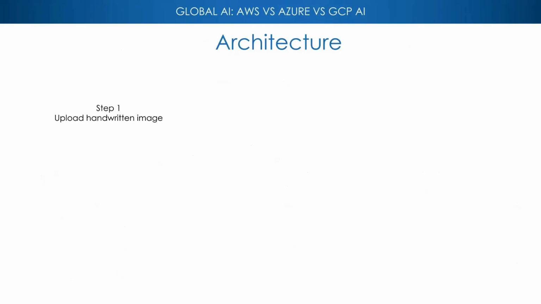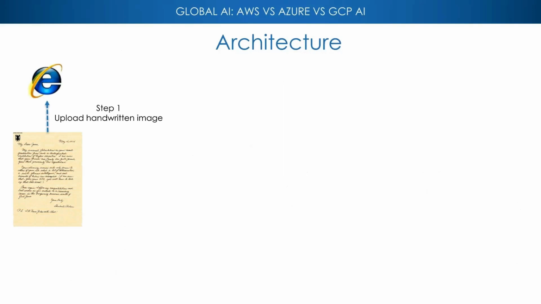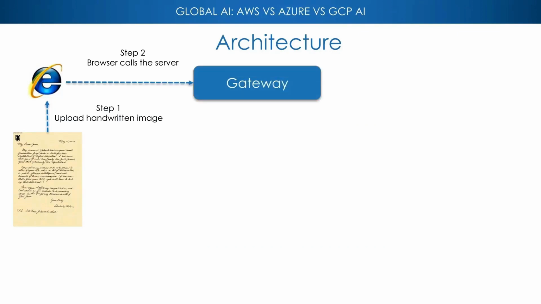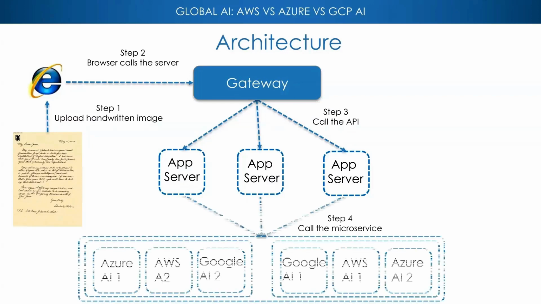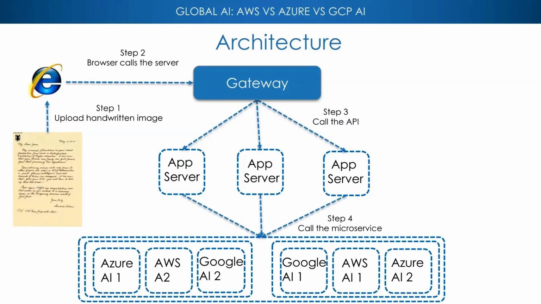And in a lot of cases like this, when you're doing POCs, you can still create a scalable solution that is not maybe as complicated as the one I just showed you. So for example, in this case, you can take a handwritten image, which is beautiful cursive handwriting, make a call to the server, again, with your own gateway. And in this case, you can have multiple different app servers. Let's just take an example of Azure. You would have app services that can auto scale, and you would have them as the second level of defense. And then, of course, with your credentials, whatever you have after authentication and authorization, you are going to be able to make a call to all the 3 different clouds.